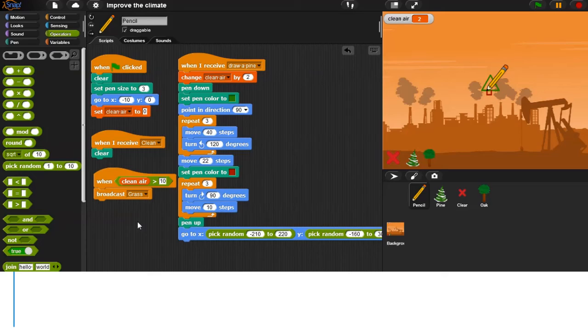How to draw an oak. You should draw a circle in green color and a trunk in brown color. First, use the block when I receive draw an oak. Change the value of the variable clean air by 3 and set pen down.